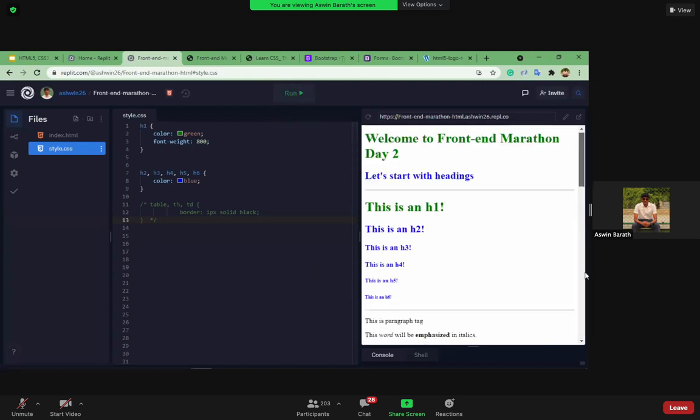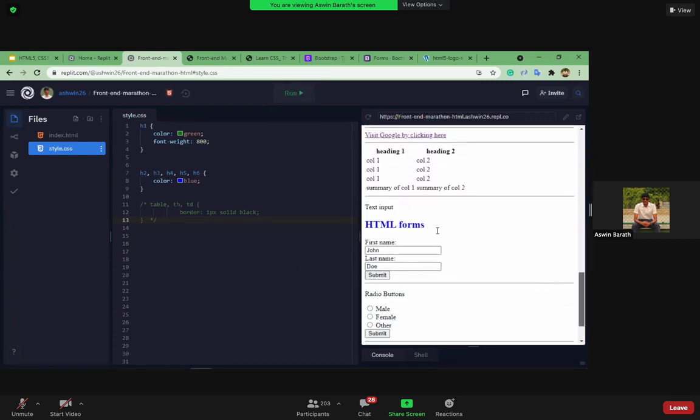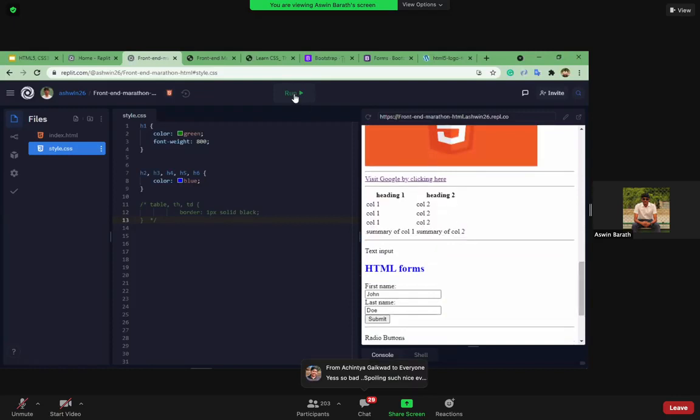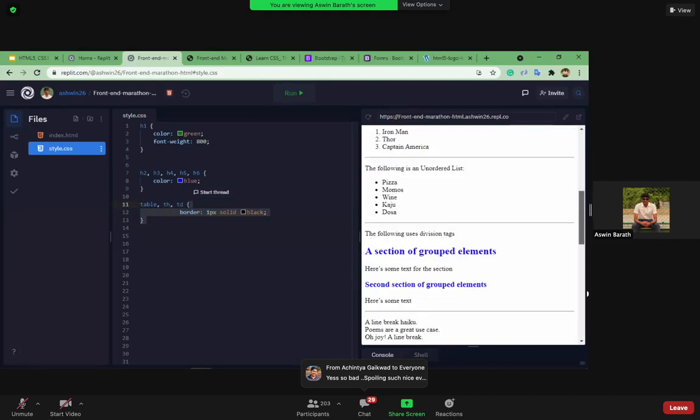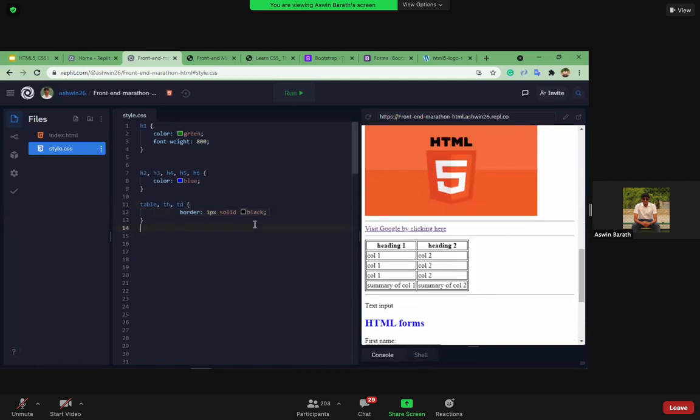If I comment the table stylings, as you can see, it disappeared, right? If I remove the comments and try it again, it will come back. So that's how we select each and every tag inside this CSS part, and we provide the property as well as the value.